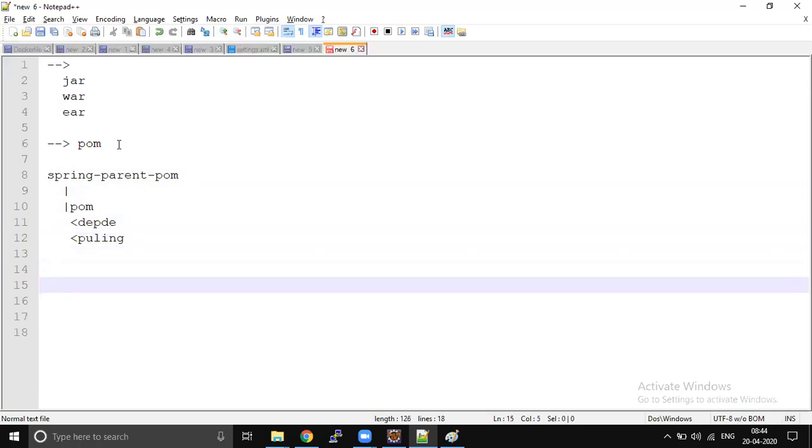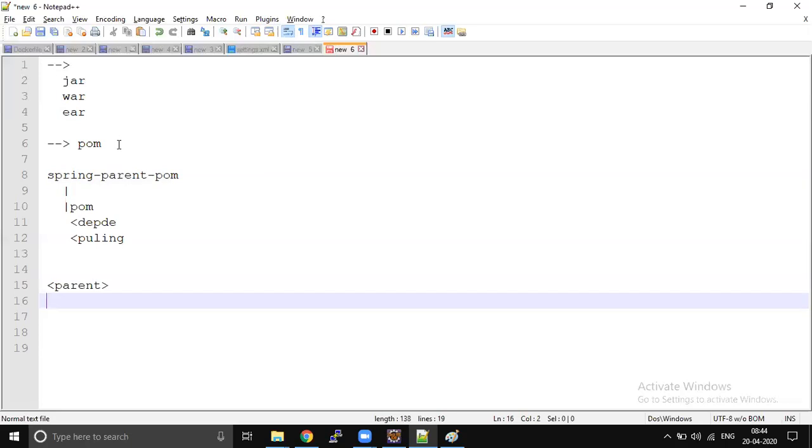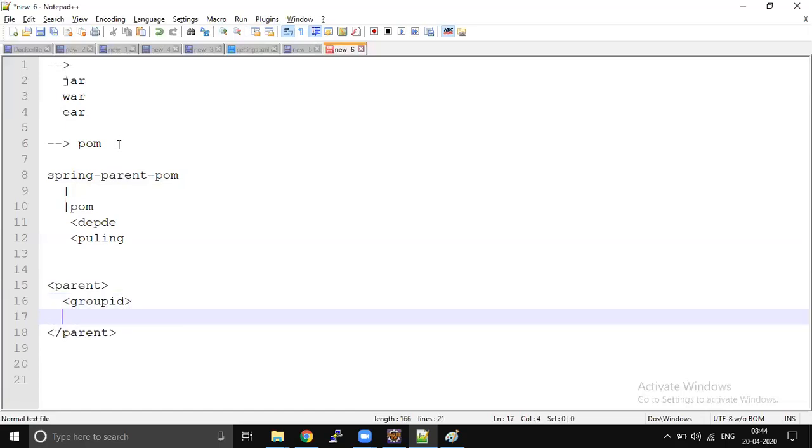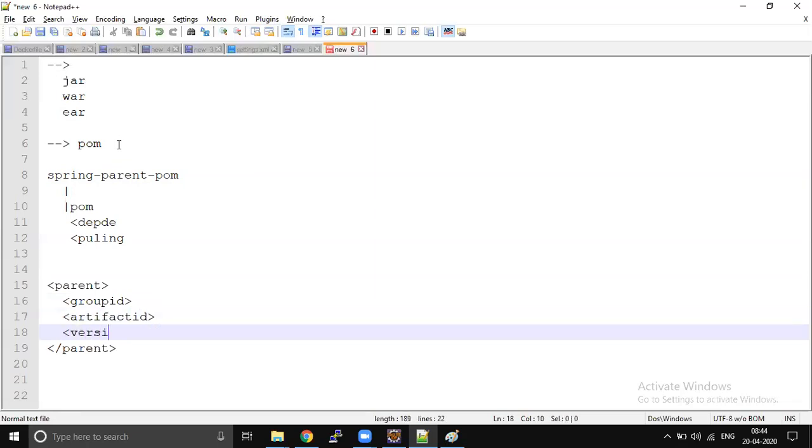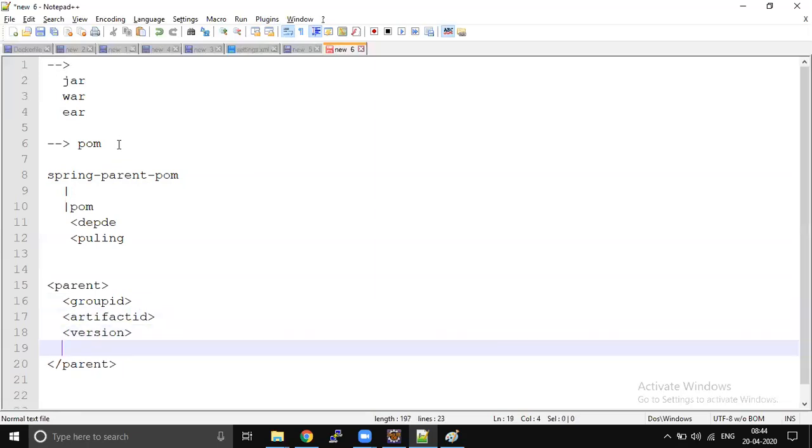So in your child module, you have to add a new tag called parent. In your child pom.xml file, you add a new tag called parent. Inside this parent, you give the group ID of your parent, artifact ID, version, and the relative path.